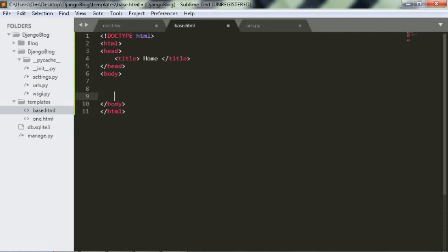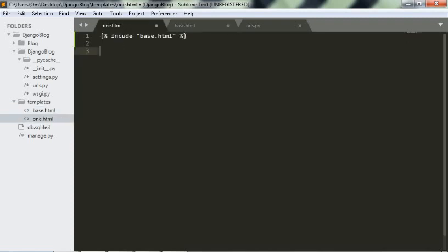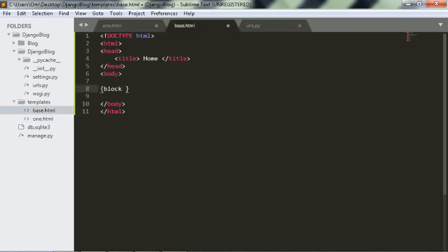Now to pass the data into base.html from 1.html, we need to include blocks. Blocks are essentially blocks of data which you can pass from one template, the child template, to the parent template. To create a block, use curly braces with two percent signs and type block and the name of your block.